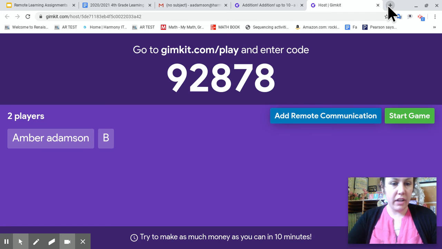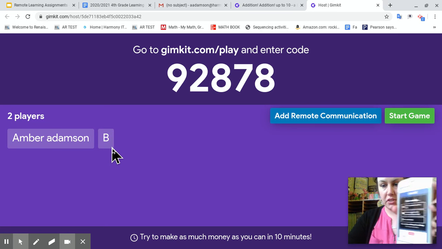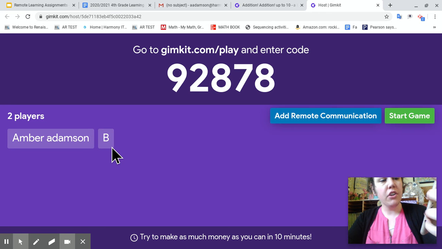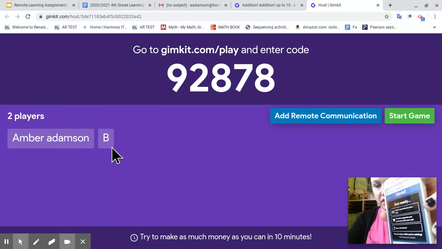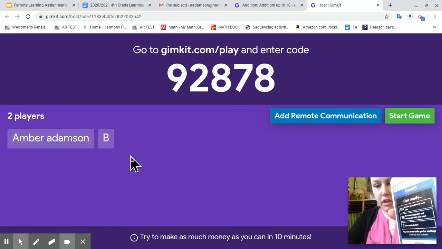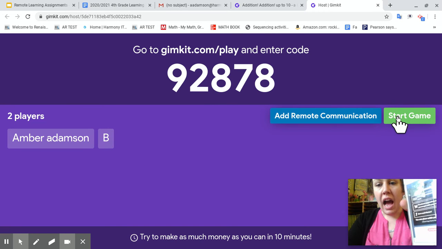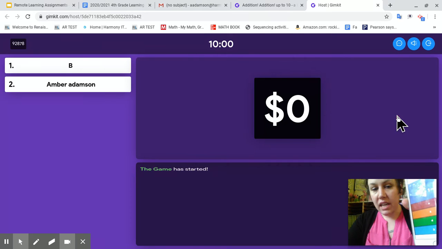All right, so you hit join, and now you see there are two players: Amber Adamson, and then B, which is Mr. Adamson. His first name is Brooks. On your device or your screen, it'll say, get ready. Answer questions to earn cash, and purchase upgrades and power-ups with your cash to earn cash faster. So you're going to wait for me to get everyone logged in, and if you have your volume up, you'll hear some music playing. I'm going to start the